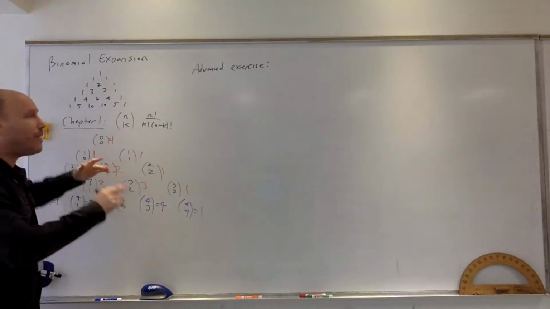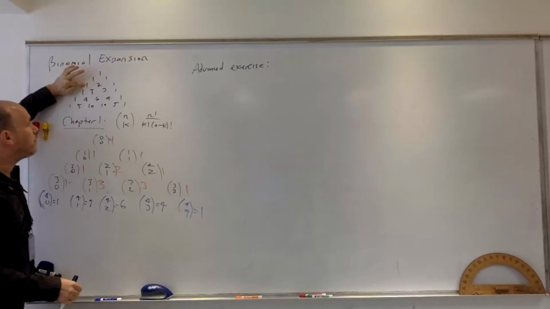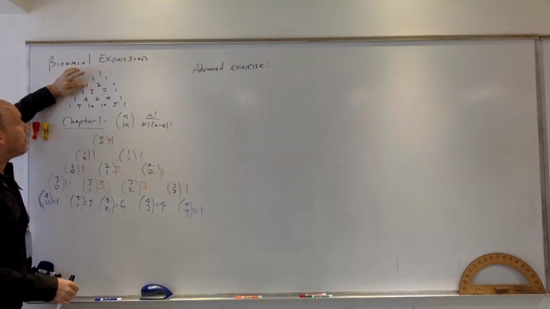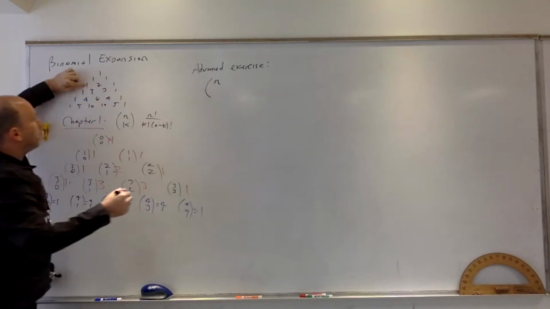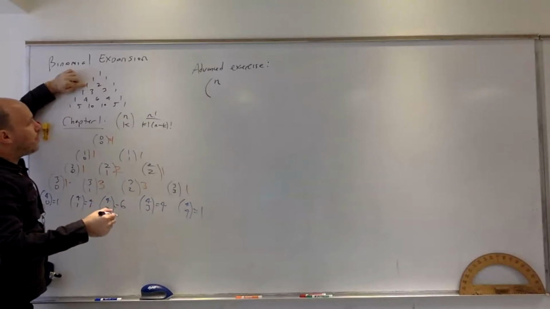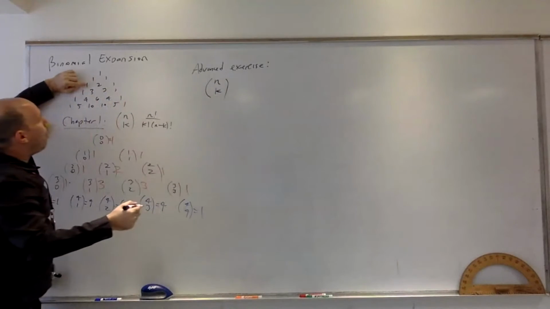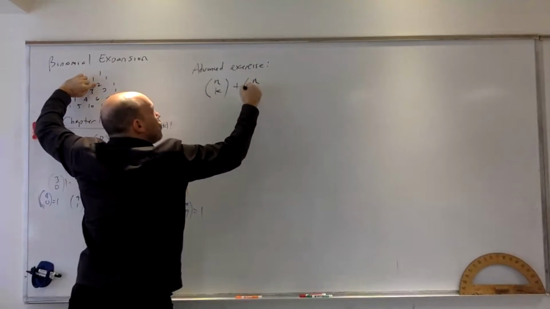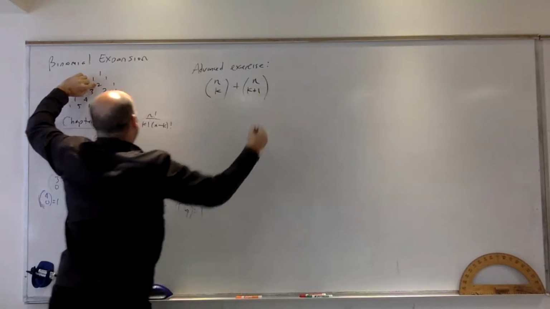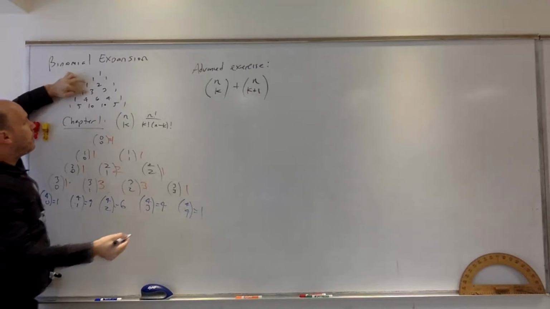It works. So let's say this is row n, so we have n choose 0, and n choose k, we go over another, plus n choose k plus 1, and that takes us down to, let's see,